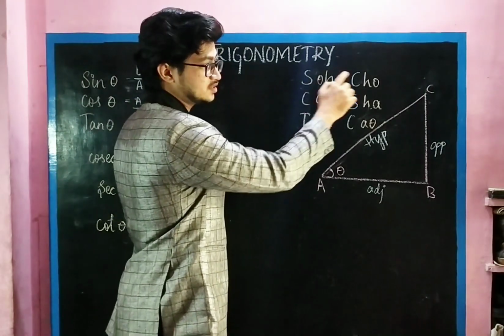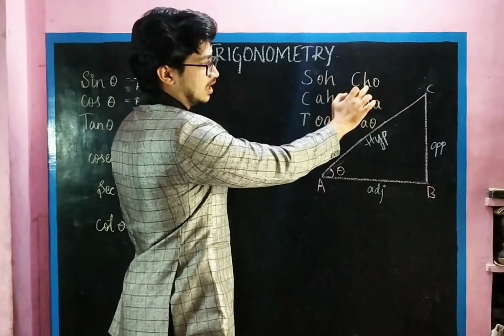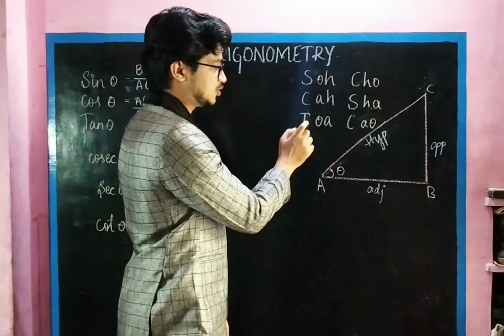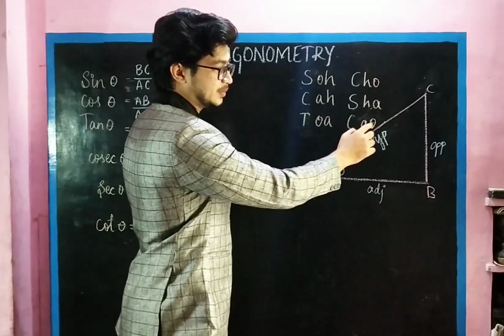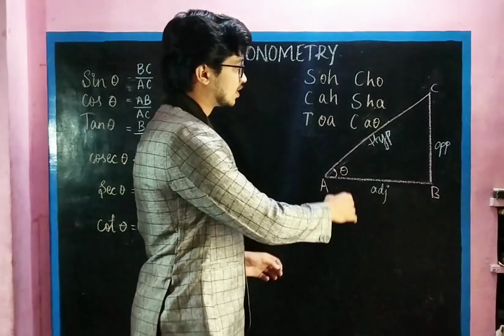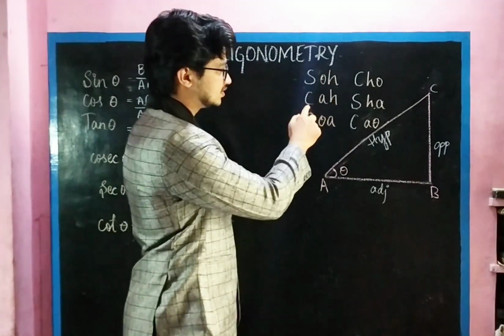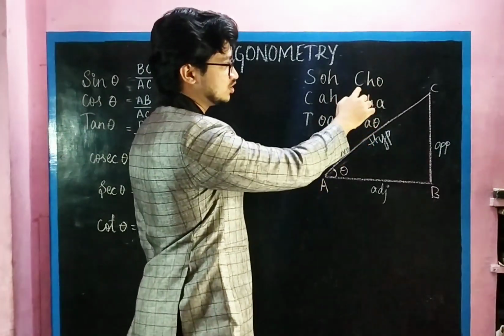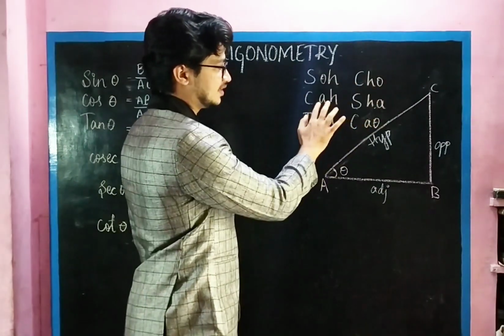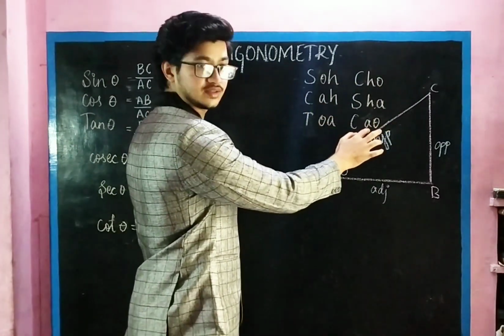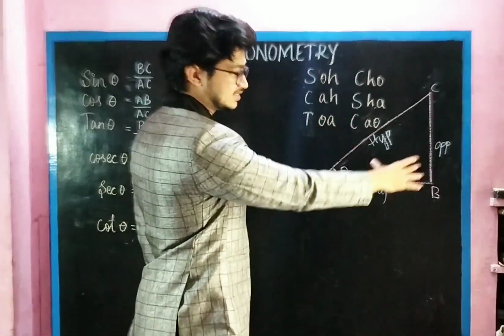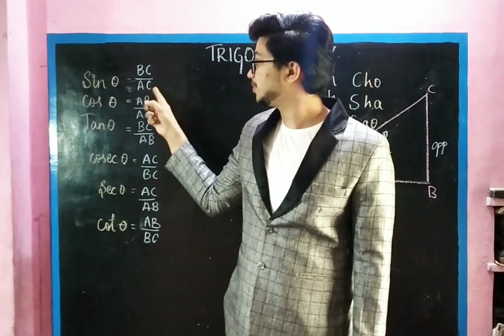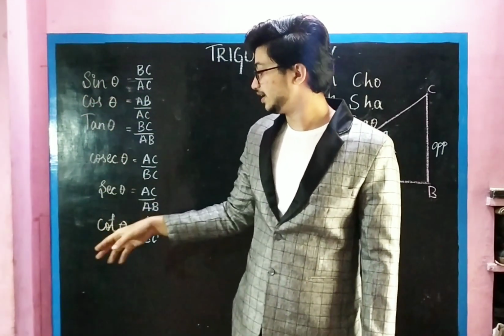The reciprocal of sin is cosecant theta. Cosecant theta is hypotenuse by opposite. Reciprocal of cos is secant theta, hypotenuse by adjacent. Reciprocal of tan is cot, cot is adjacent by opposite. If you remember these three only, SOH, CAH, TOA, you can easily write these also because they are reciprocals. For cosecant theta, OH you have to write HO, AH you have to write HA, OA you have to write AO. Similarly, by using this and seeing the triangle, we can write down the trigonometric ratios. Sin theta, BC by AC, cos, tan, cosecant, secant, cot.